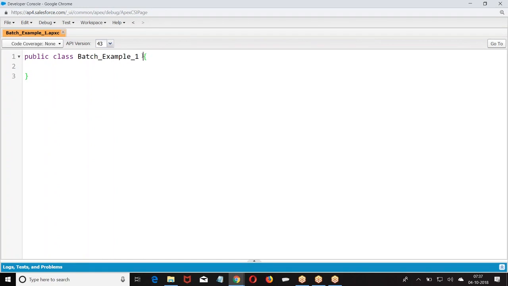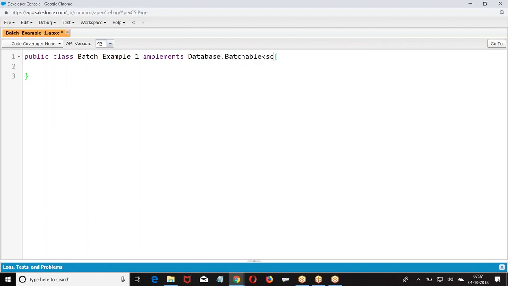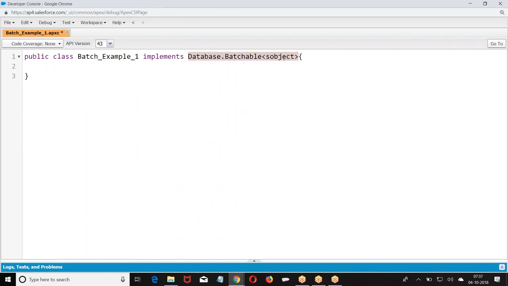Database.Batchable is a global interface, like the public access modifier, global. Because the interface is global, the class has to be what? Why are you defining the class as global? Because I was implementing an interface called Database.Batchable, which is a global interface.